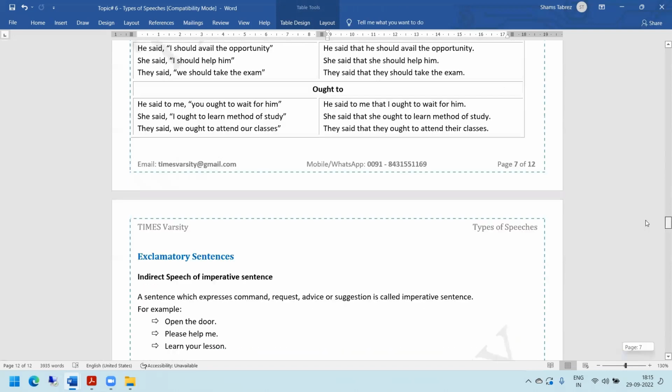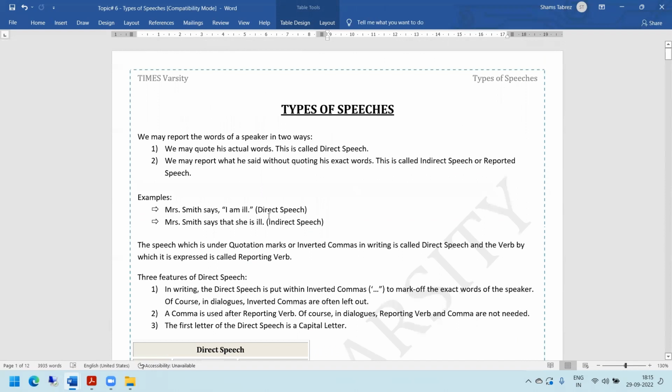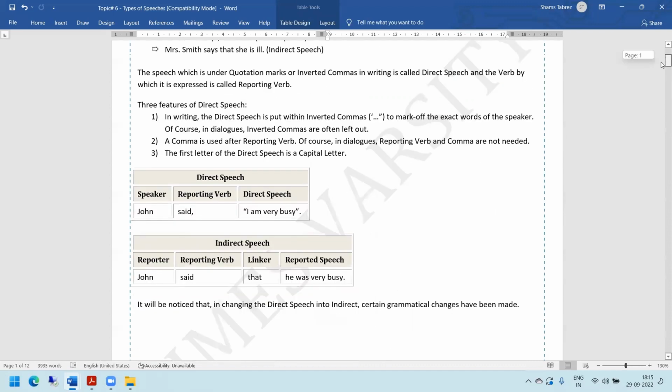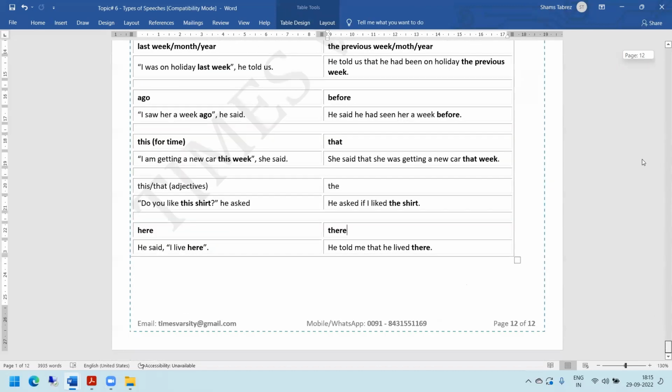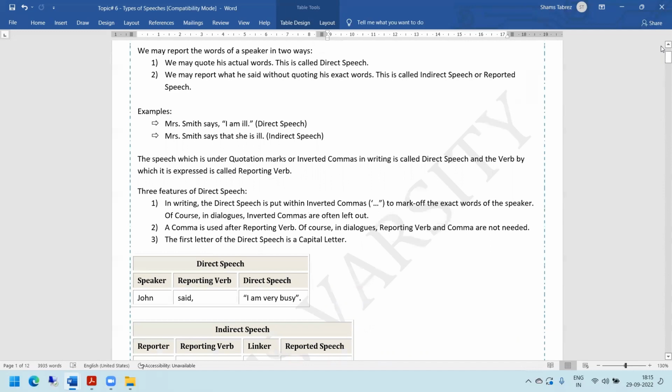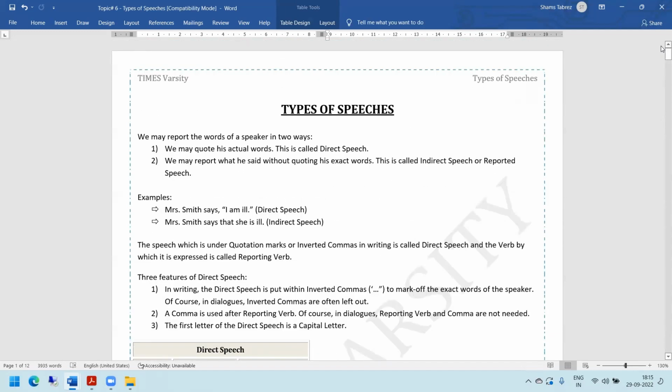Okay, so this is about types of speech, like direct speech or indirect speech, as and when required. Most of the time we go with direct speech. Indirect speech we discuss in detail in the tenses topic. All right. So any question from here? Just try to understand what the rule is, what changes you can see, and try to understand the logic behind it. Okay. So this is about types of speech.